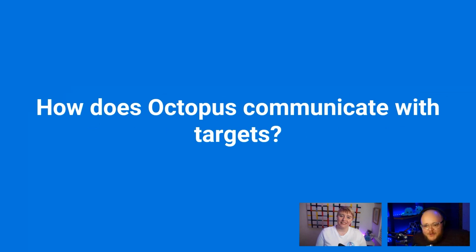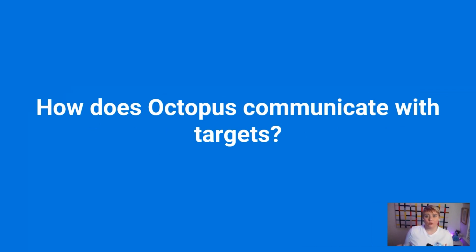So next question. How does Octopus communicate with its deployment targets? So this will depend on what your deployment target is. If it's a server, we use an agent that uses a port. You can use the default port range that we use, or you can specify a different one. If it's something like an Azure resource, say an Azure web app, what it would actually do is use the configuration that you have between Octopus Deploy and your Azure account. So say the service principal authentication method, and it would communicate that way and just find your targets that way.